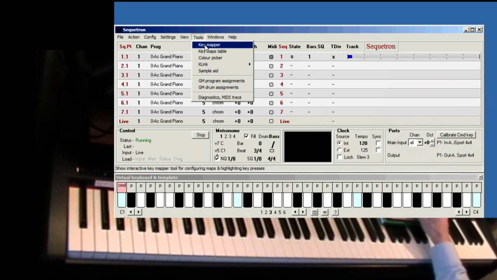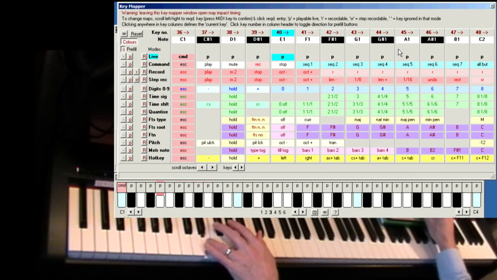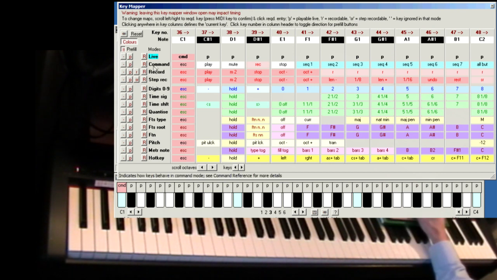They're both the same. Now at first this screen can be quite daunting, but it's basically a scrollable table with columns for each of the 128 MIDI keys. You can see which is which as the header lights up when you press a key. Each row is a state or mode, and this light on the left shows that we've started up in live